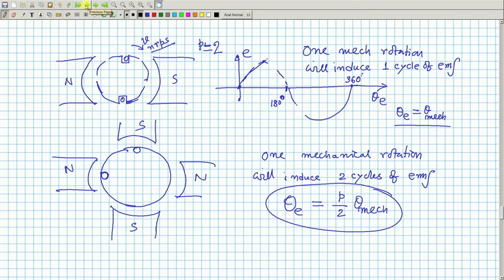Welcome to lecture number 59, and we have been discussing the DC machines. In our last class, the diagrams were a little bit clumsy, but nonetheless I explained to you